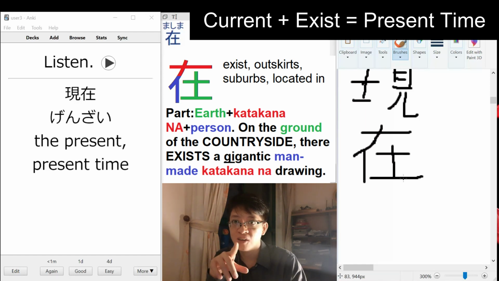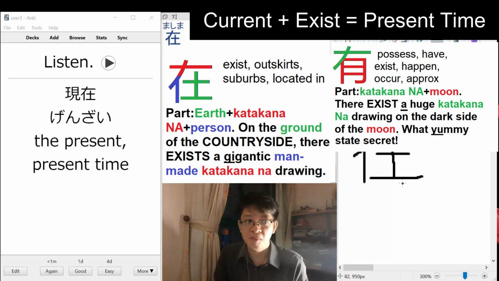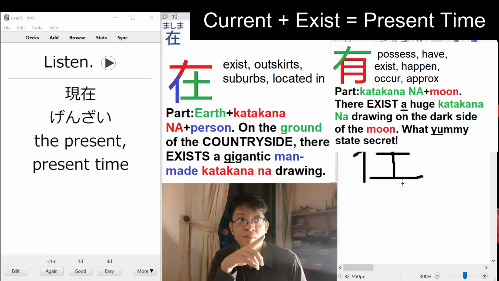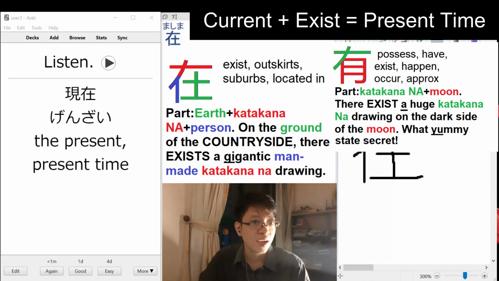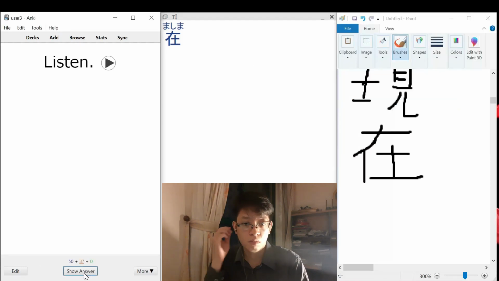Yeah, and emphasize the man-made because we do have another kanji that also means to exist, and in that kanji the mnemonic is like there's a huge katakana that exists on the dark side of the moon, right? So they both mean exist and they both mean katakana. But I guess one is man-made and the other is natural, or maybe alien-made. Yeah, robot alien-made. Okay, next. 現在の気温は30度です。